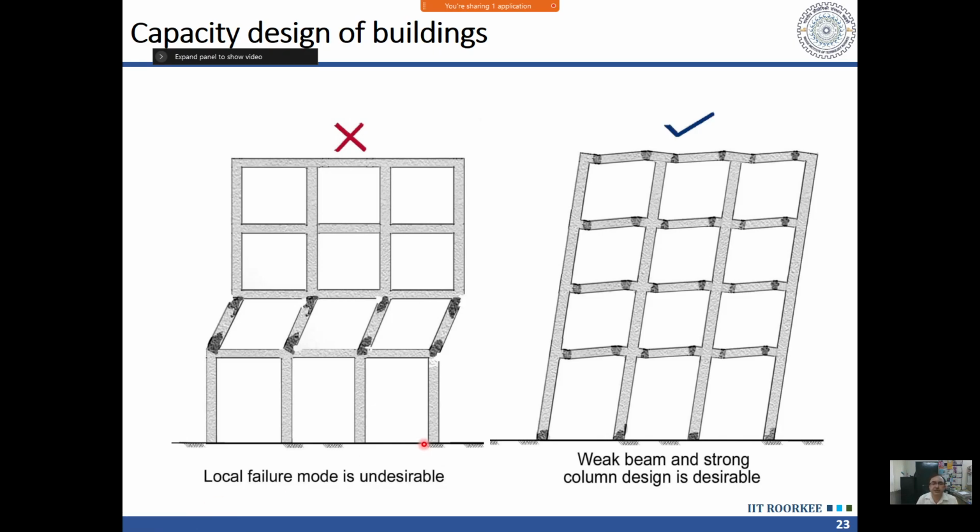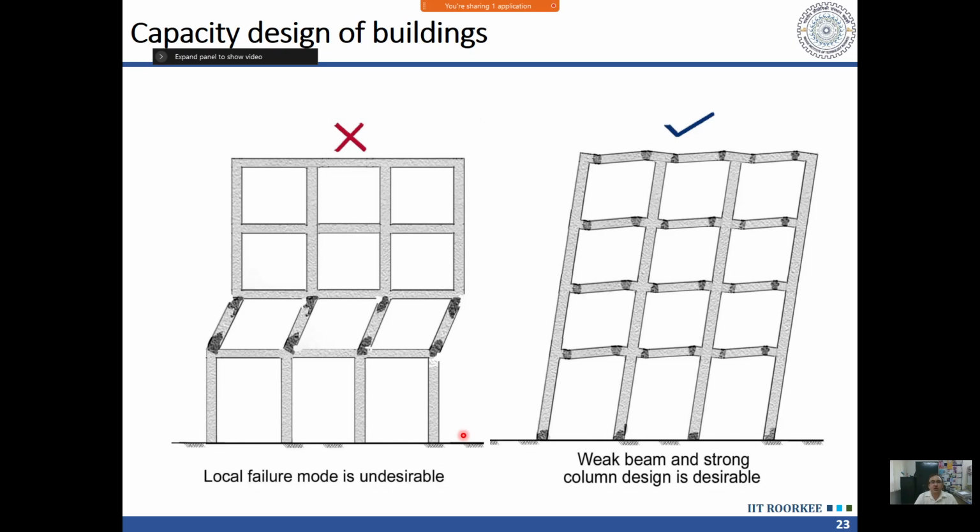Now, in case of buildings, there are well established rules like strong column, weak beam. We know that the columns are not as ductile as the beams. The reason is the columns are subjected to axial force also, axial compression, in addition to bending. And when an RCC member is subjected to axial force, its ductility reduces. So as the axial force increases, the ductility goes on reducing. Up to balanced failure, from the PM interaction curve, we can see there is some ductility available in RCC members. Beyond balanced failure, the ductility reduces drastically.